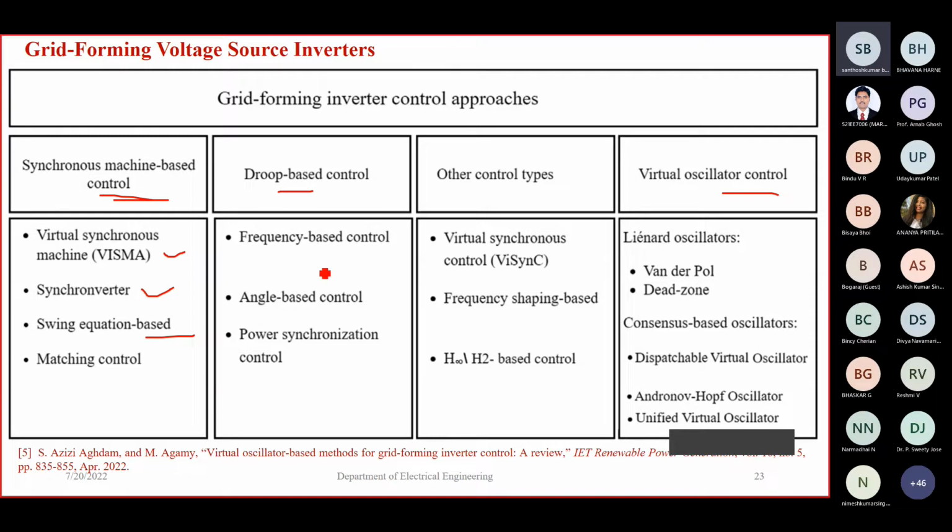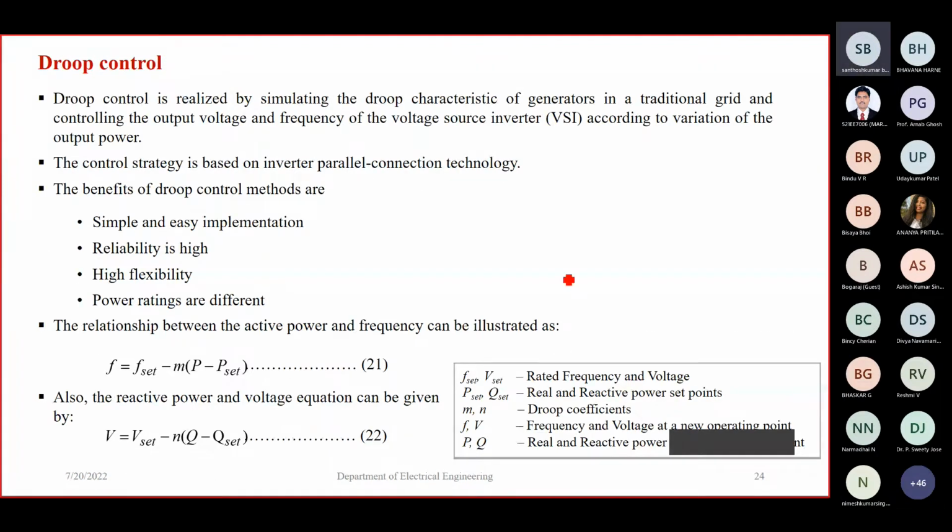I will explain the simple droop control, then the virtual synchronous machine, and one of the controllers from VOC, and some dead zone based VOC also. Coming to the next slide, droop control. Droop control is realized by simulating the droop characteristics of a synchronous generator in a traditional grid and controlling the output voltage and frequency of the voltage source inverter according to the variation of